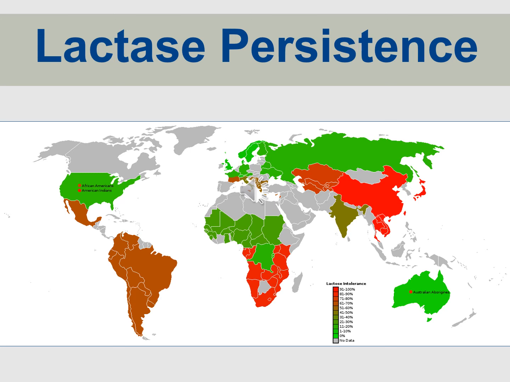You'll notice that people assumed that this was a black and white issue in the past, that all of Africa and people of African descent are going to be mostly intolerant. Well, you can see there's diversity in Africa. Most of sub-Saharan Africa and the Democratic Republic of Congo are tolerant, but in areas in South Africa, they are not. You can see the People's Republic of China, for the most part, in areas of Southeast Asia and Japan, mostly intolerant. And this is because they don't really drink milk on a grander scale,